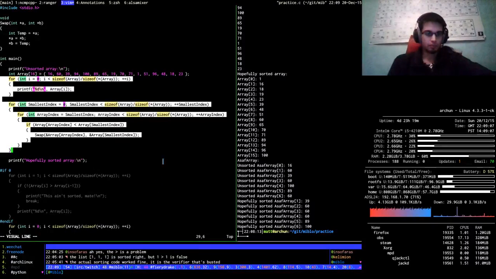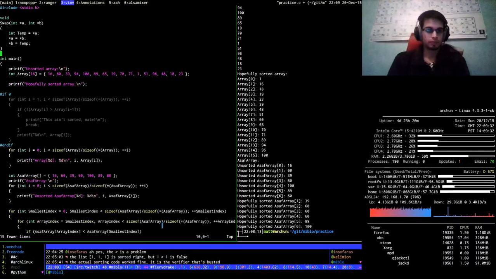The hard-coded bits are the array. I think that's it, isn't it? Yeah. Because smallest index is a part of the function. All you want to do is just be able to pass an array to this function and get it to do its stuff, isn't it?